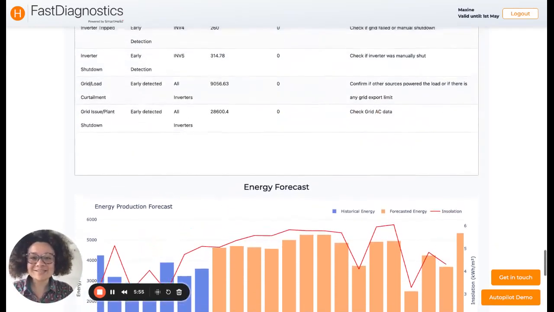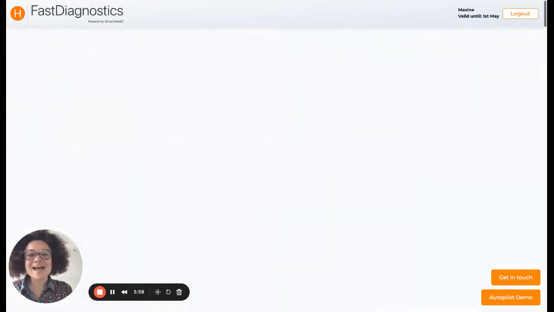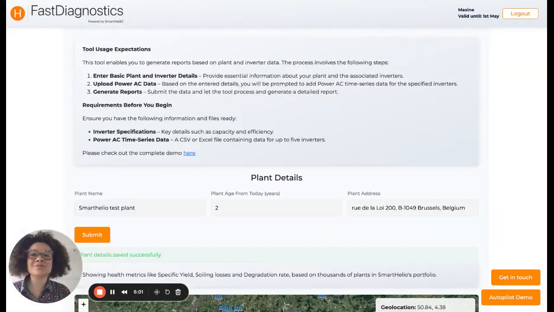So that's about it. Again, we would love to hear your feedback on the tool, and we hope that it will help you to analyze even more plants and to produce more energy